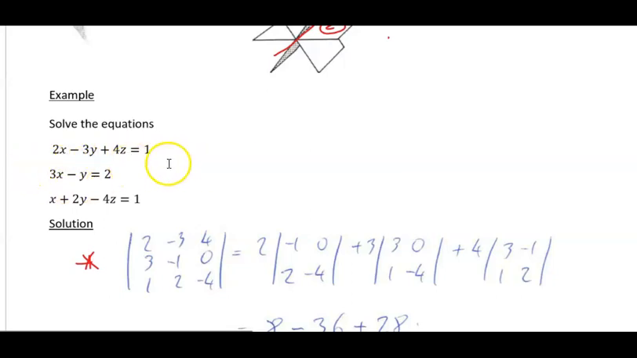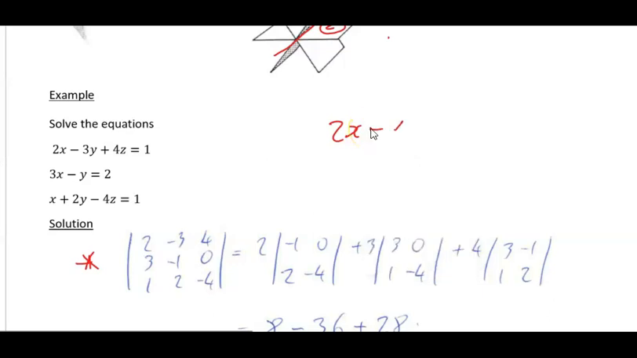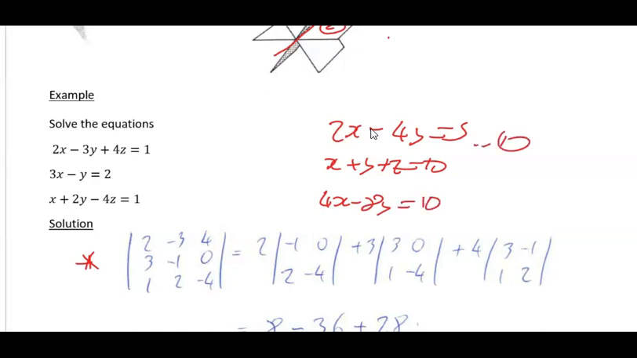So had we looked at these and said, for example, my first equation was 2x minus 4y equals 5. My second equation, who cares, but x plus y plus z is equal to 10. And my last equation was 4x minus 8y equals 10. Now, if you looked at these equations,